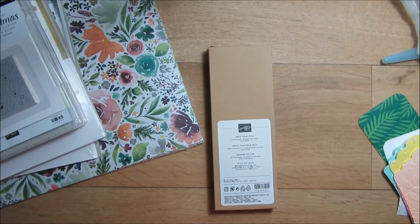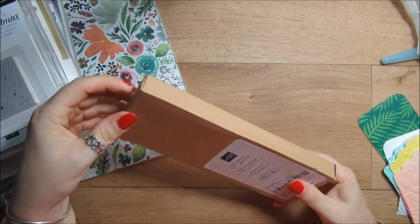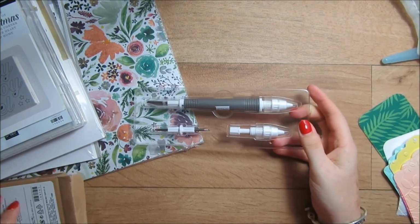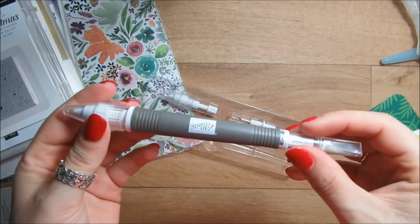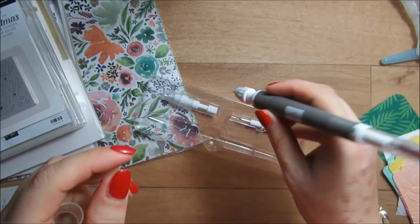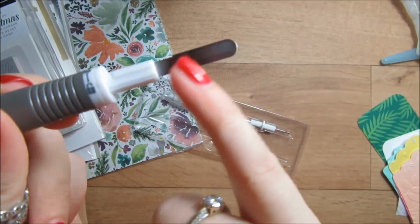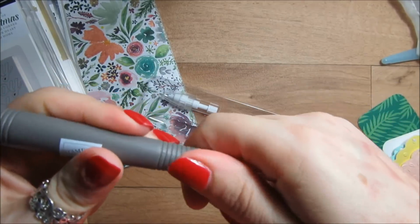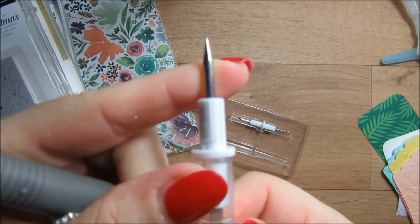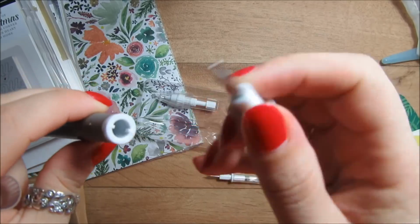Now this one I'm really over the moon about, because I did think we needed something else. This is called Take Your Pick, and basically it's a few tools in one. This end has putty in, so you can pick up your little sequins and all sorts of little embellishments. Then on this end we've got a kind of spatula, but if you pop this off, there's a little paper piercer in there. And then you've also got another end which has got